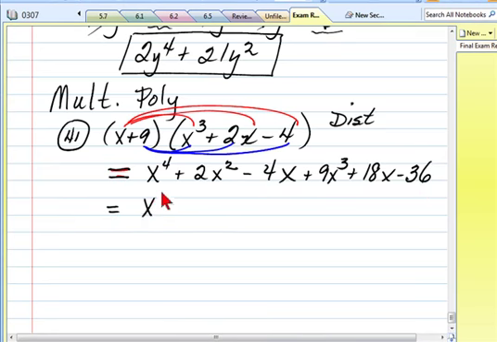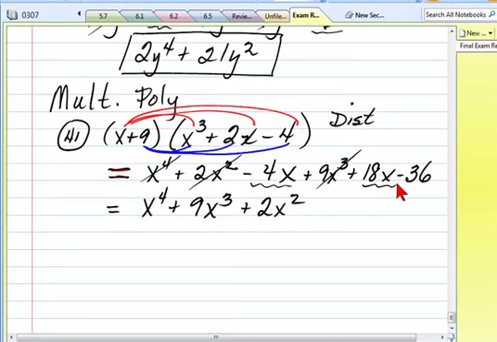I have x to the fourth, and he doesn't have any friends to join up with. I have x to the third, which is 9x to the third. X squared. I have a 2x squared. I then have a negative 4x and a positive 18x for,